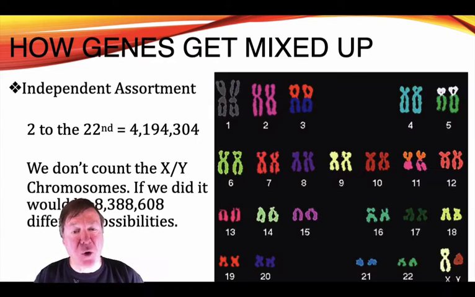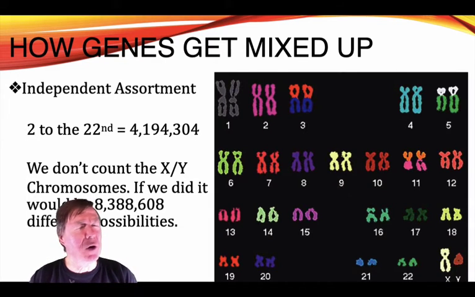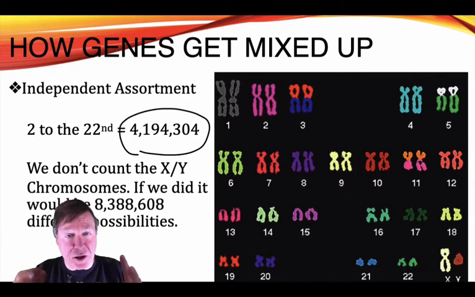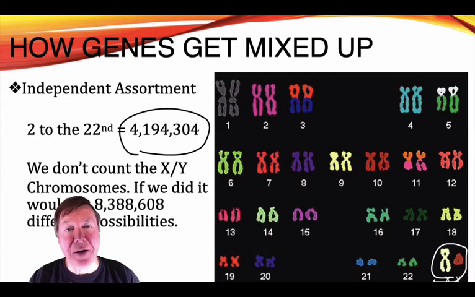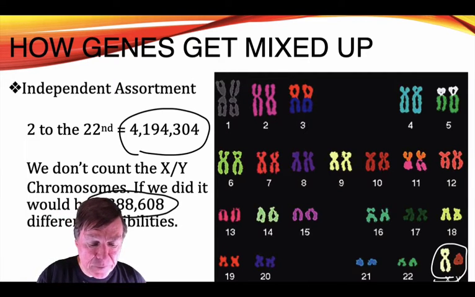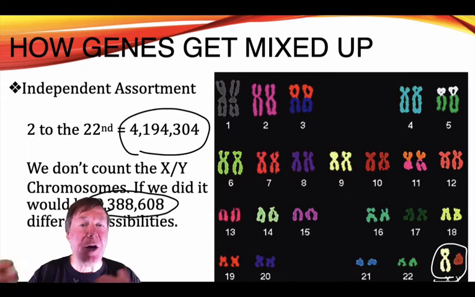Well, we have 23 pairs. All right? And most of the time, if we're doing this, we're really only counting 22. Well, 2 to the 22nd is 4.2 million almost. Okay? The number is actually right there. But it's 4.2 million. And that's if we don't count the sex chromosomes down in the lower right. If we count the sex chromosomes, then it actually becomes almost 8.5 million different possibilities